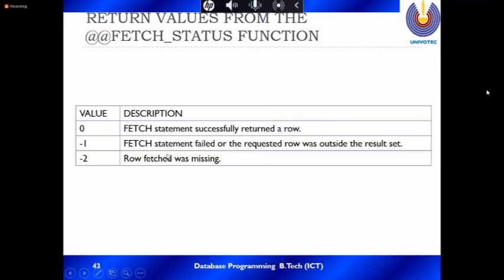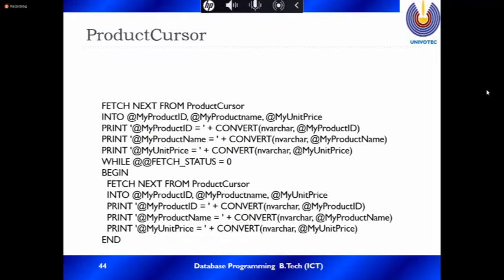If 0, then it returns the row, so read the row. If not equal to 0, then there are no rows, so no row returned. Then you can use this function value in the while loop.